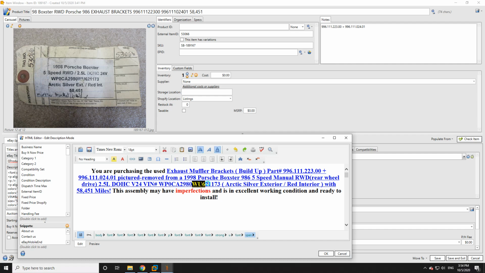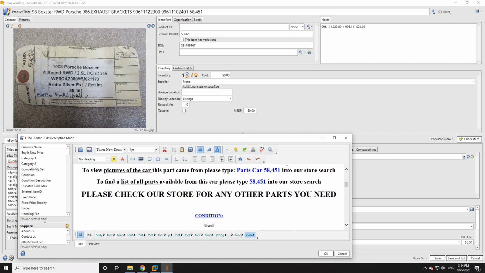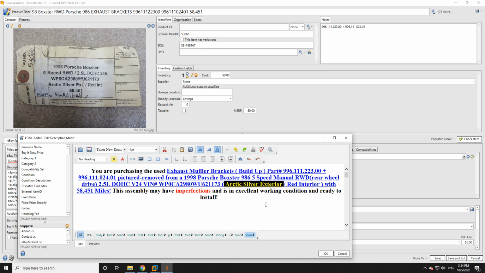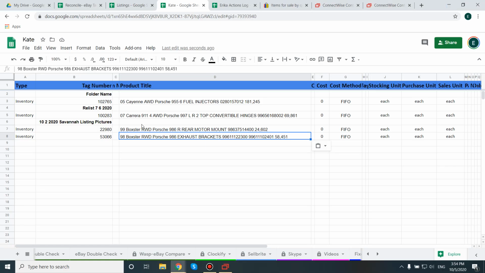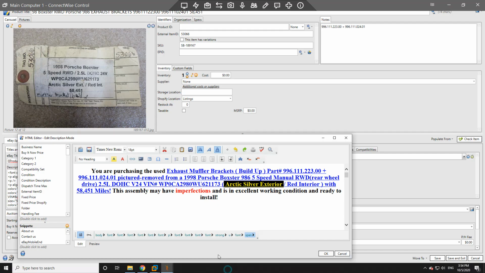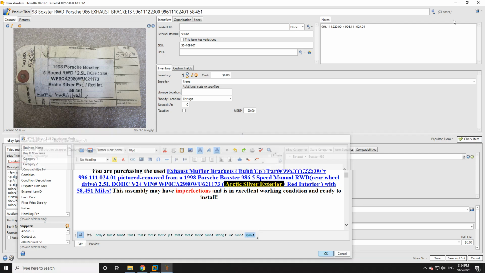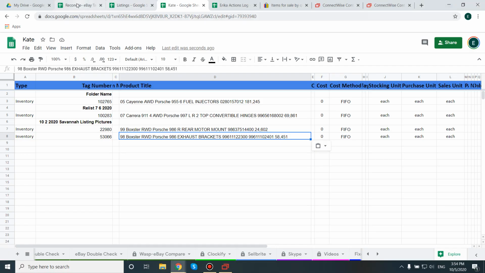Okay, interior and exterior colors, exterior, interior, and then mileage. Check our mileage again. Okay, so those are correct. So we've filled out our template information correctly. The next step, I should save this first. Okay, now the next step,